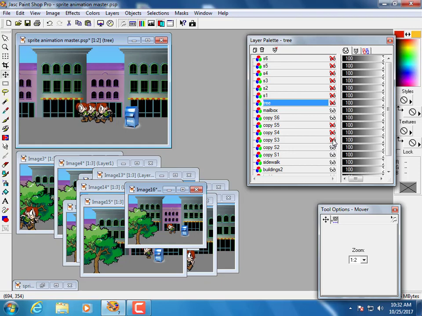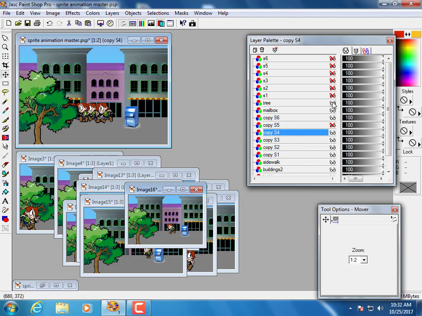Let's go ahead and get 3, and we'll move 3 over to here. And just in case, we'll get 4. We'll move 4. Now the tree, I put the tree in a strategic place. Let's see if it works. Tree should be right about there, so it's going to run behind the tree, so it should be good. So let's go ahead and now hide 4, 3, 2, and 1, and we've made this